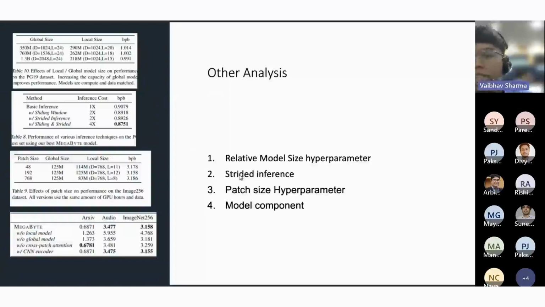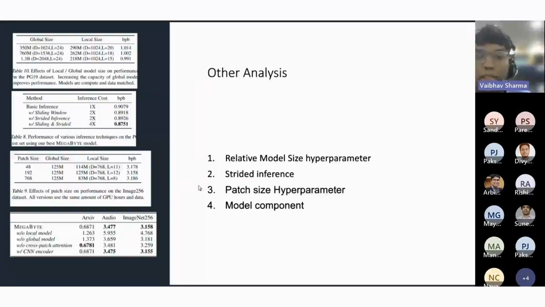And also they use that strided inference technique that I talked about earlier. They said when they use the sliding window technique combined with the strided inference technique, their bits per byte value decreases a lot, but it again increases the inference cost a bit more. Now they're not only using strided inference, they're also using the sliding window technique, which will make it 4